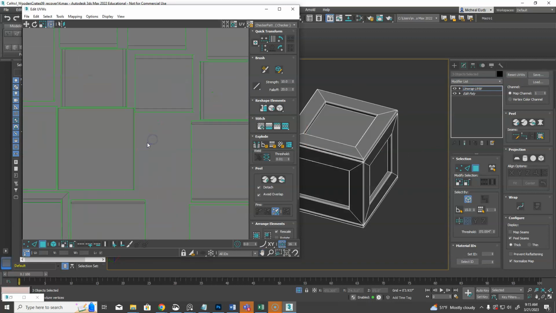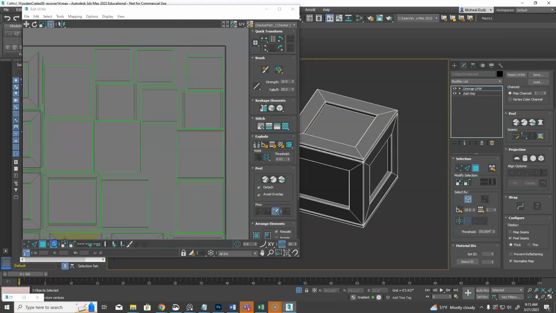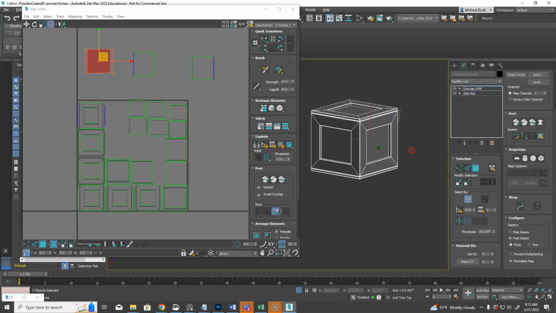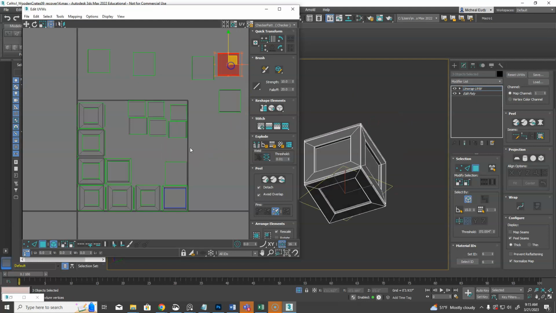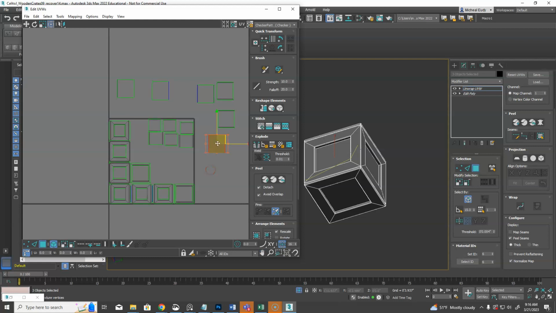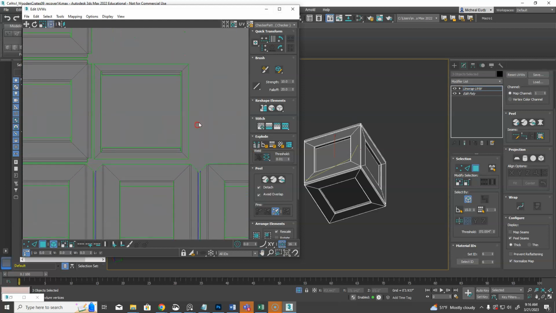Okay, what's going on here? Oh, that's on the inside of the box. That's an inside. That's an inside. So all of these are insides. Okay. All right, so then the thing I need to fix now is